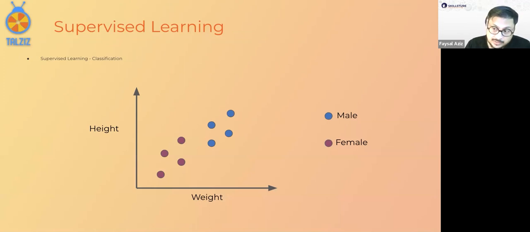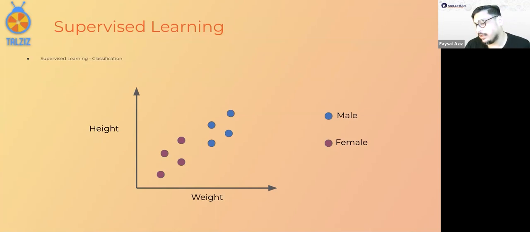In this example, we're just using height and weight because it's easy to conceive. It's easy to comprehend. So the features are just two, height and weight. There could be multiple features. These features are sometimes referred to as dimensions.